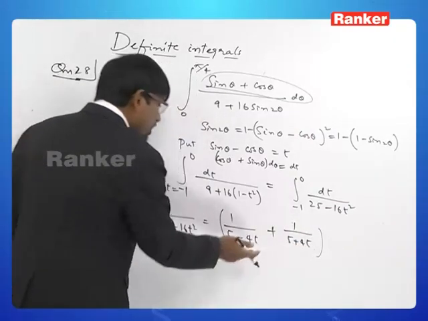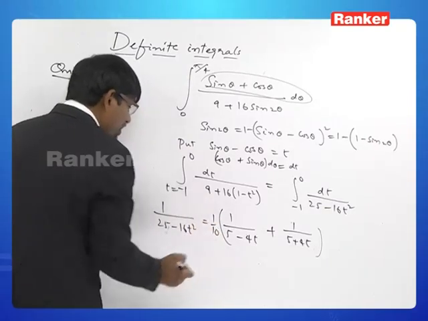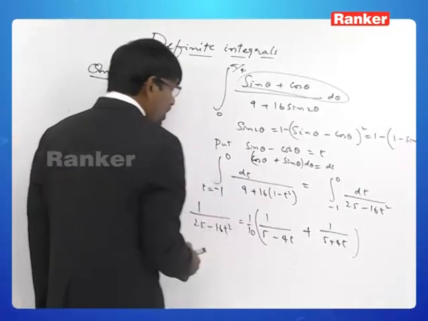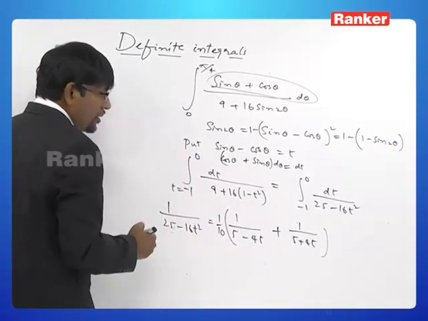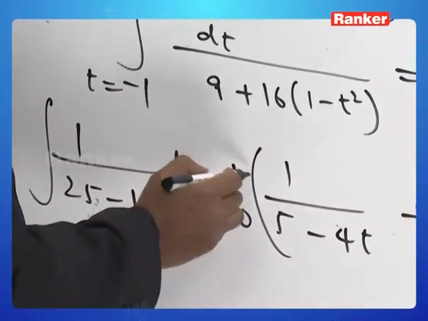When you add up, what do you get? This 40 will cancel in the numerator and we get a 10. So, we have to compensate by dividing by 10. So, 1 by 10th of 1 by 5 minus 4t plus this thing. Now, when you integrate this,